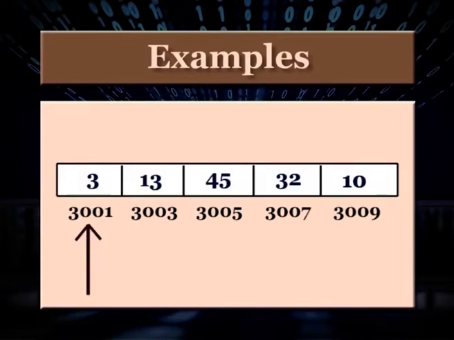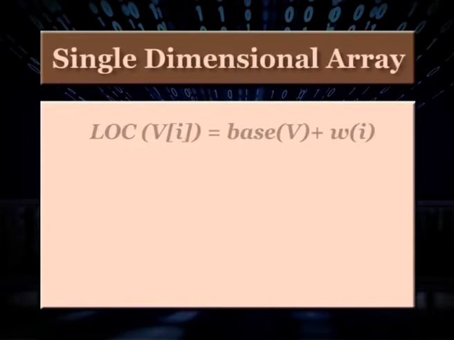3001 is the memory address of the first array element. Similarly, it takes 1 byte in memory for char data type and 4 for float data type. This we have already discussed in module 1. In general, if the base address of an array is known, we can calculate the location of an array element by the formula